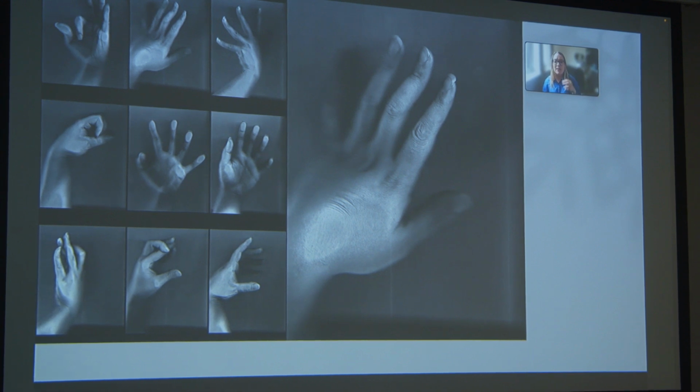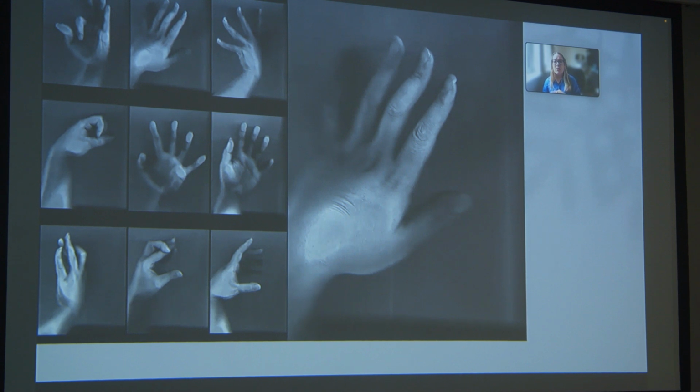But this left hand essentially does all my artwork, all my daily tasks, the things I can't do with my right hand. So I started thinking about how can I document it, because it's missing. It's there for the physicality and the materiality of the work, and through the processes it's there, but visually it's missing. So I started to put my hand in a flatbed scanner because it was next to me on my desk during COVID. And I thought, if I could scan documents and photographs, why not scan my hand?